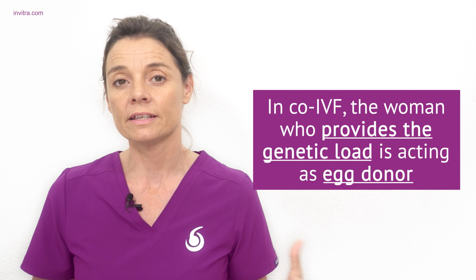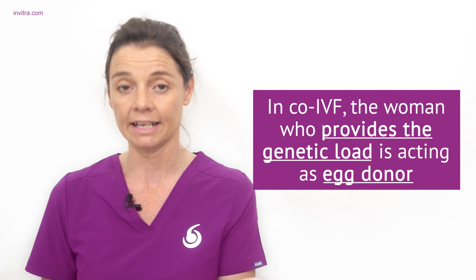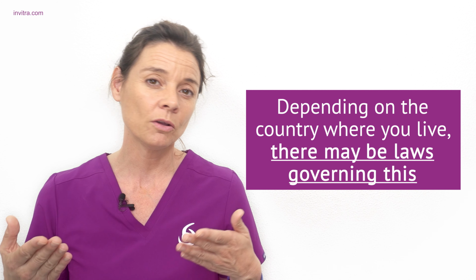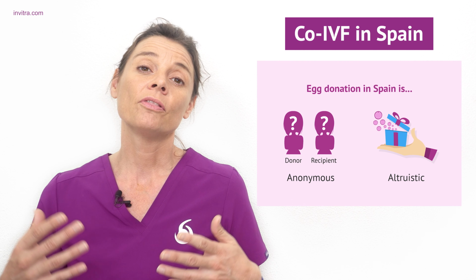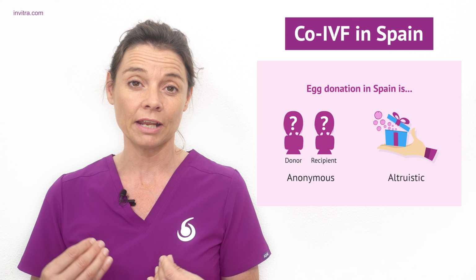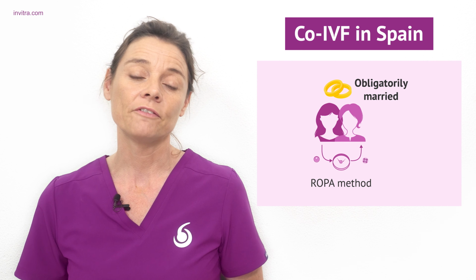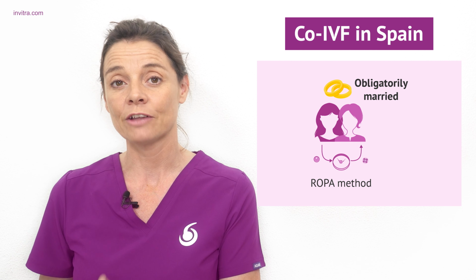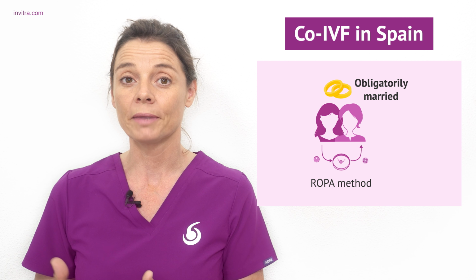Well, when we look at this process, basically, the woman who is going to provide the genetic load is acting as an egg donor for her partner. And depending on the country or possibly the state where you live, there may be laws governing this. In Spain, for example, the law states that egg donation is a totally anonymous and altruistic process. However, if you are in a legally binding relationship and if you're married, this process is allowed to occur. If you do not have some sort of legally binding relationship, you will not be able to donate your eggs